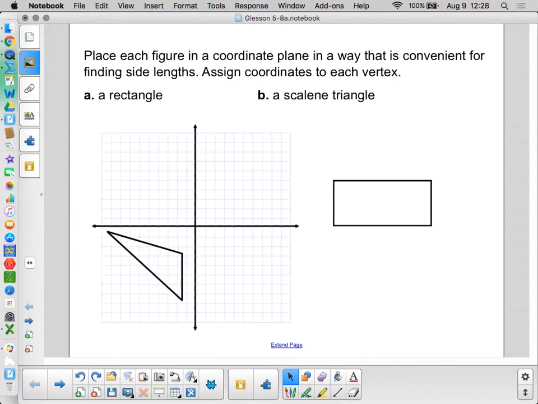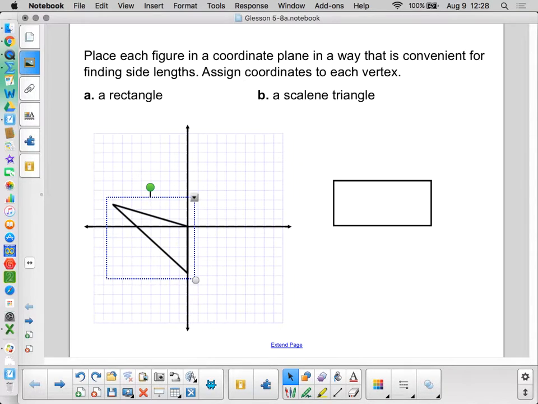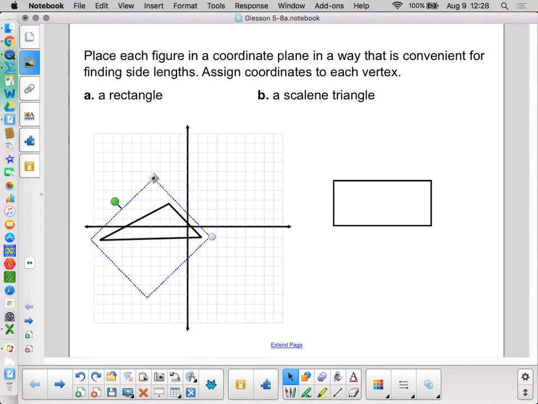How about when I'm working with an isosceles or a scalene triangle? Well, where should I put that? It's a little trickier because, the way this is drawn right now, I could put that vertex there, and it goes along the x-axis or the y-axis, and I guess that would be about as easy as it could get. But generally, what I want to do is set something up